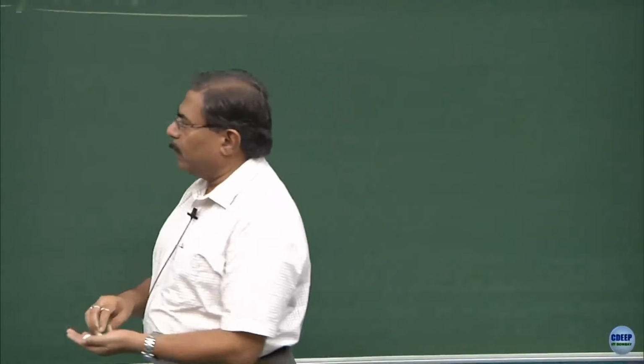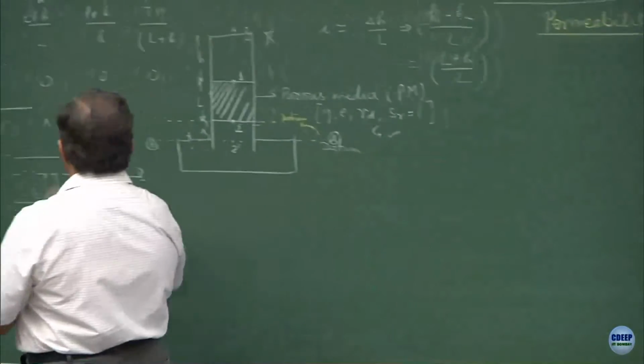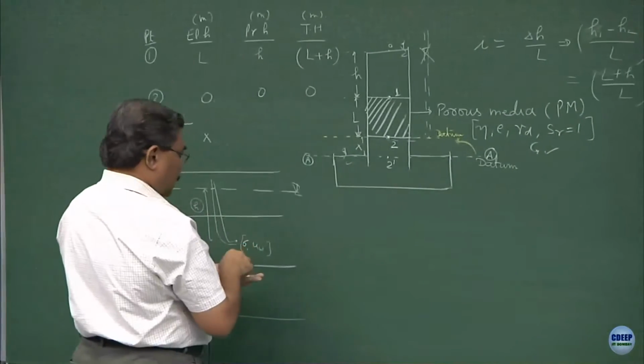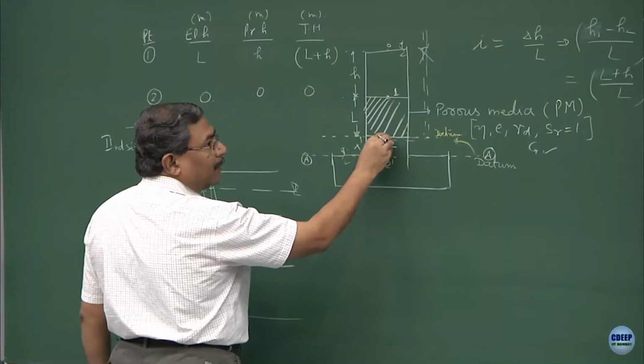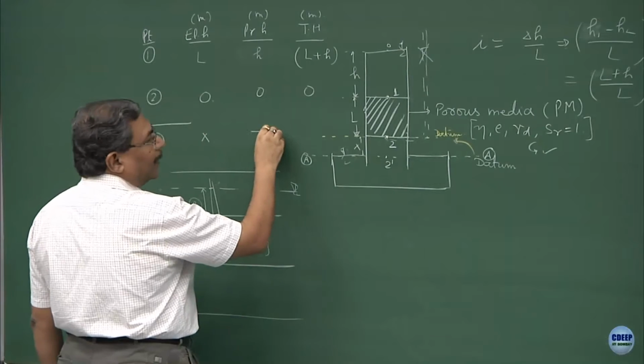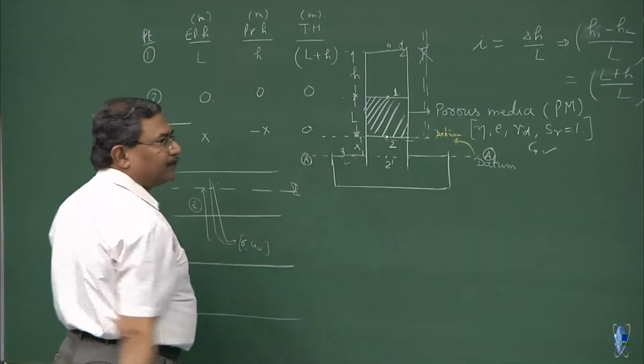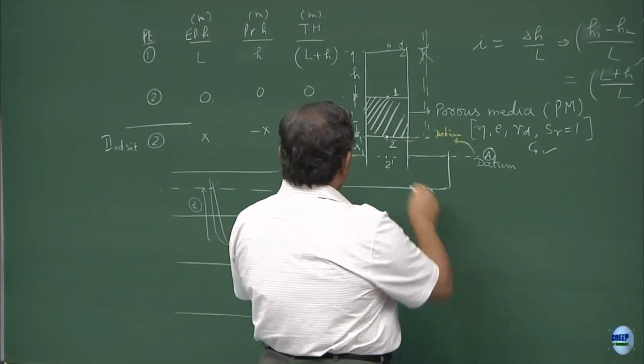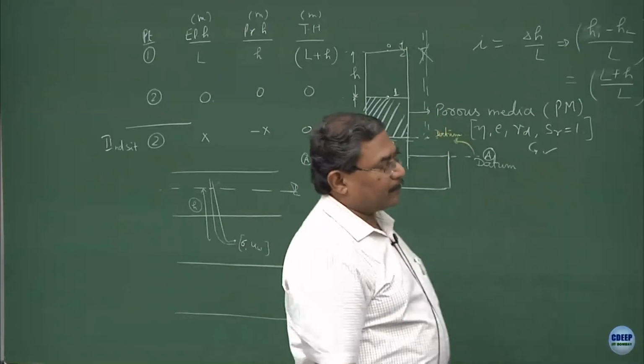Another way of doing this would be, if you say the elevation head here is x, and I install a piezometer here, what is going to happen? This is going to drop to minus x, and hence the total head will be equal to 0. I think the better way would be to shift the datum and do the analysis. Is this part okay?